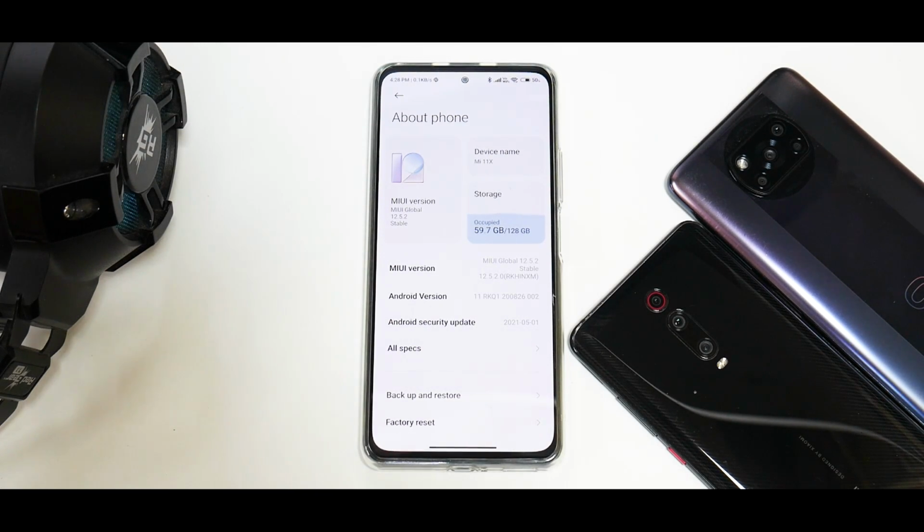Now I know it's been a while since I bought this device. I've been using this as my personal phone, and by now you should have been seeing custom ROM videos, but thanks to Xiaomi, they chose to give me a 14-day unlock period for this device. So on the 10th of August, this phone will be unlocked and I'll be flashing a lot of custom ROMs and all that fun. But that doesn't stop us from making videos like these, in which we are going to